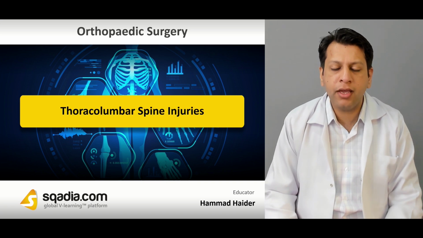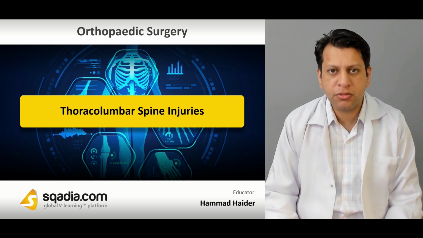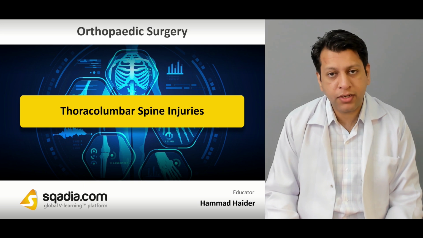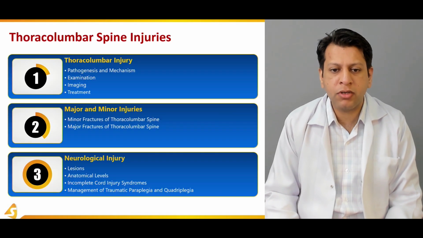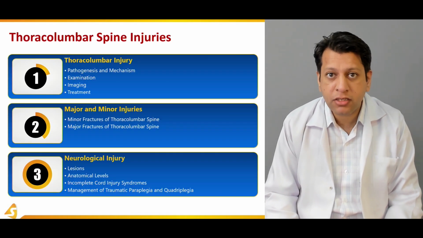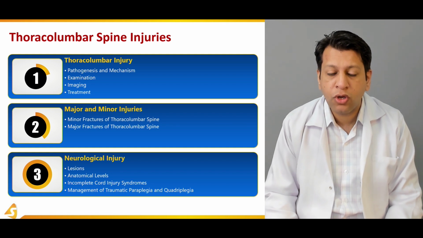Hammad Haider. Today, our topic is thoracolumbar spine injuries. We will have three sections. In the first section, we will be discussing the pathogenesis and mechanism of thoracolumbar spine injuries, what to look for